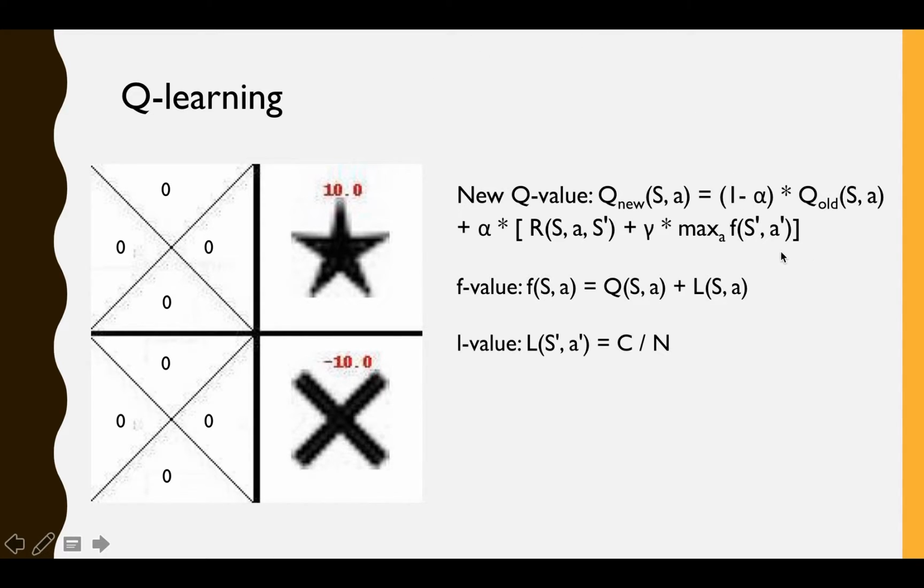The new Q value of a state under an action is updated depending on the reward of taking that action and the maximal F value we could get from the landing state. Here, the F value is the Q value plus the L value, and the L value represents the exploration incentive for an action from a state. So we choose the function of L to be C, a constant, over the number of times this action has